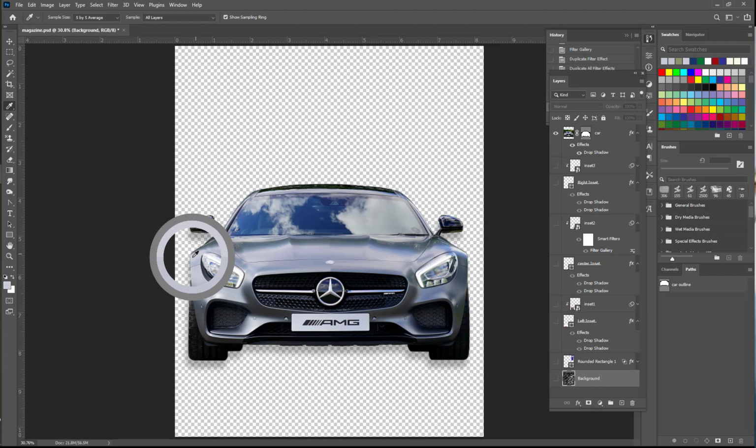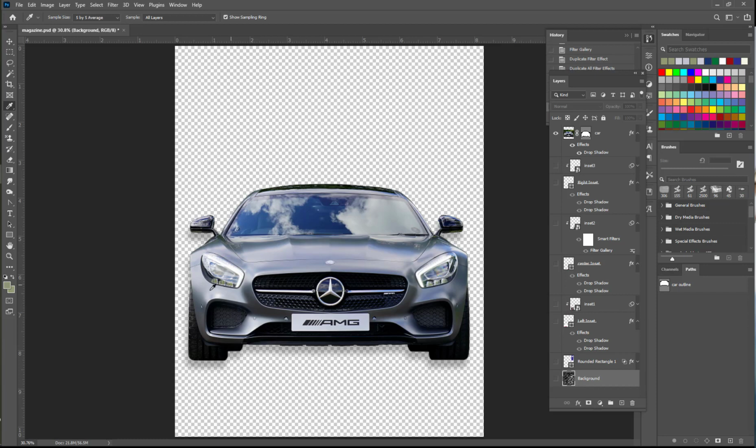But we want a nice light silver color, and click to change the foreground color, and then move the cursor over the bottom part of the headlight to pick up the turn signal, and hold your mouse button down again until you get a color out of there that you're happy with, and then you're going to Alt click,